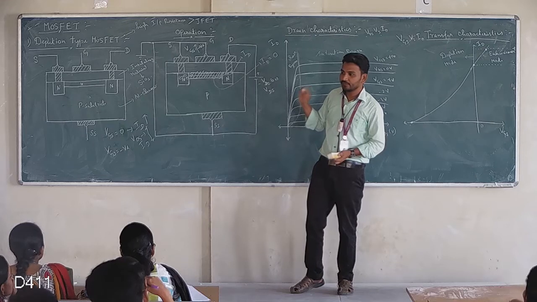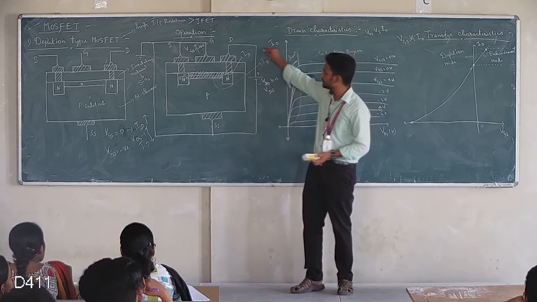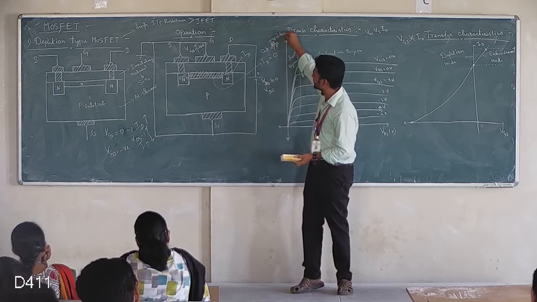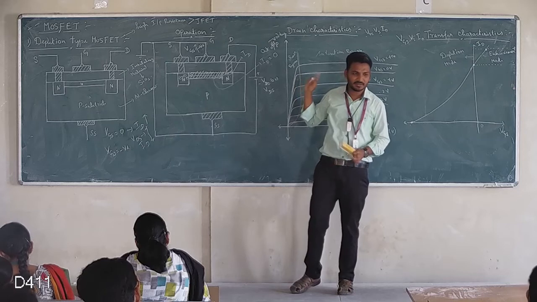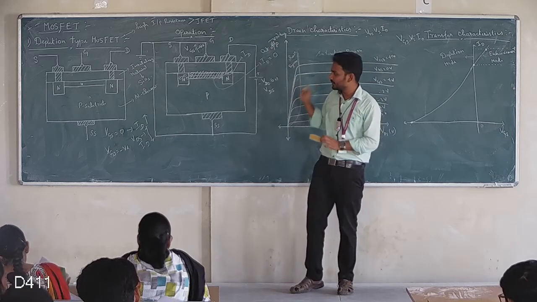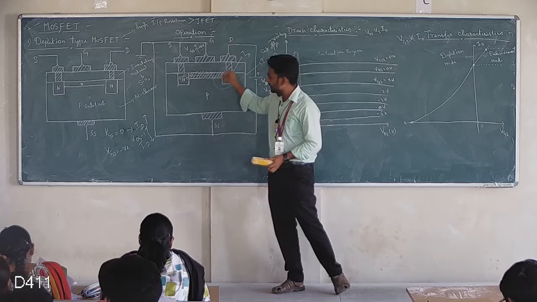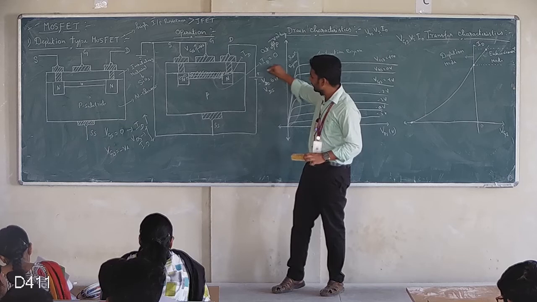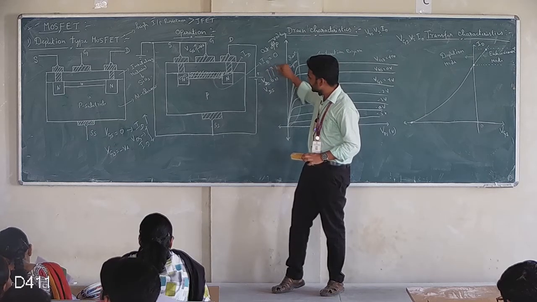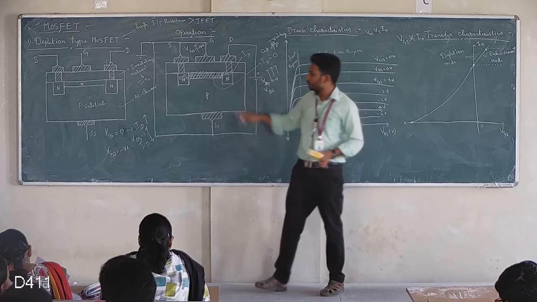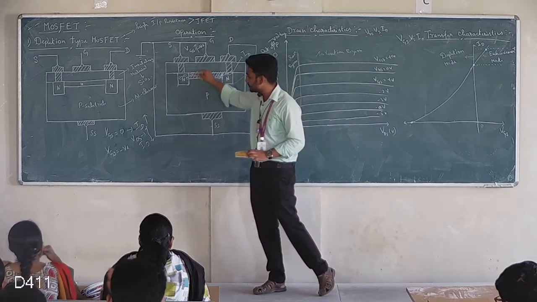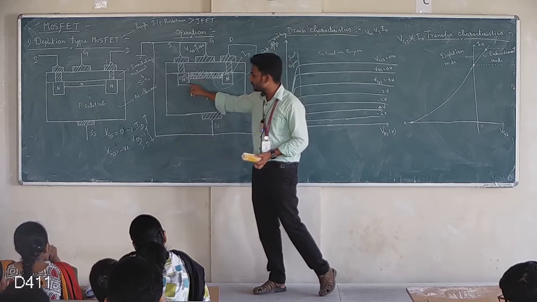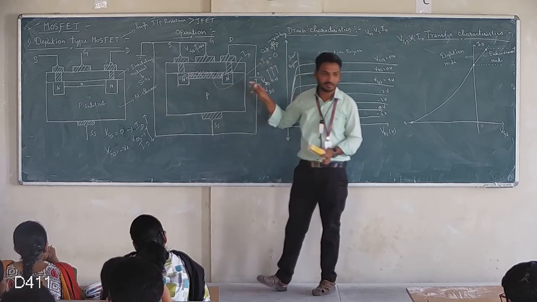The point at which ID current gets 0, that is cutoff voltage, otherwise cutoff region. Okay, this is cutoff voltage. Okay, this is third one. After that fully the entire depletion region gets blocked. So I am going to increase the VDD further. Okay, at one point the entire depletion region will get breakdown. So the flow of electrons will be more. So the flow of electrons from source to drain will suddenly increase. It is called